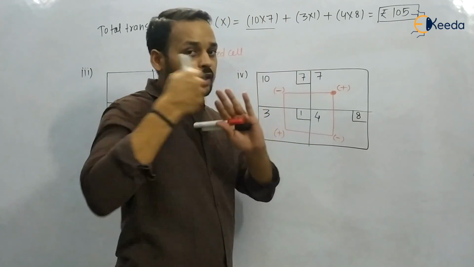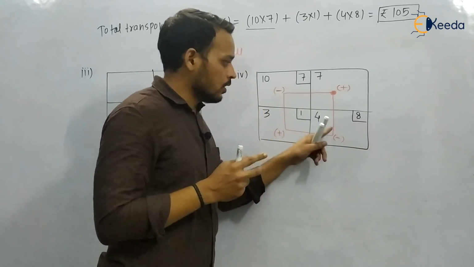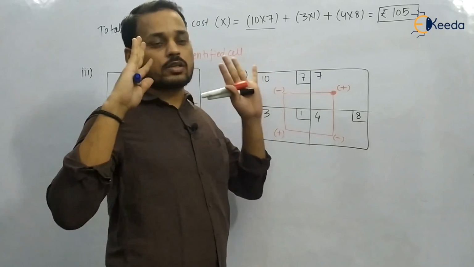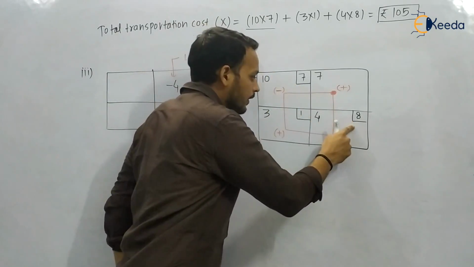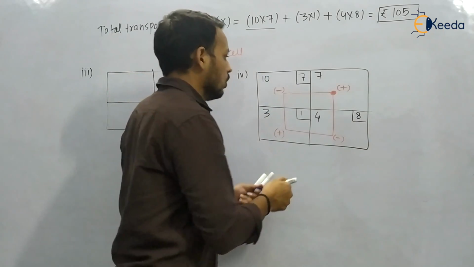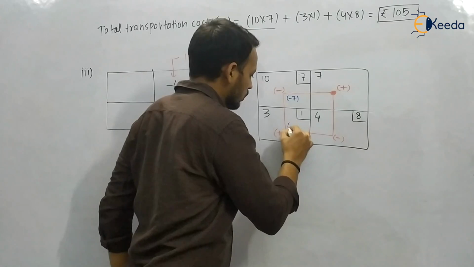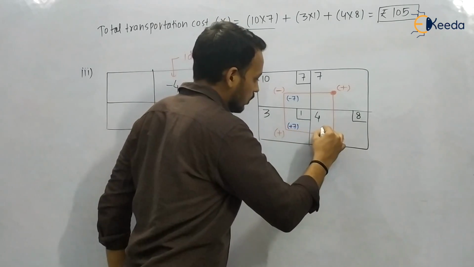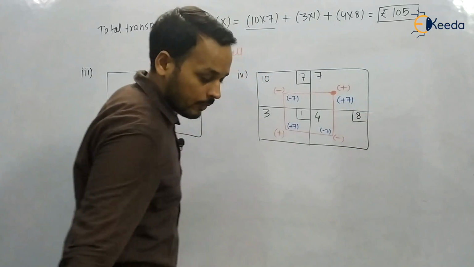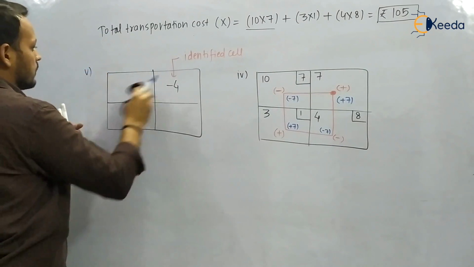So we will take the units where the negative sign is. We have got 2 negative signs. Always try to take the units where there is least allocation. Out of 7 and 8, 7 is least, so we will take from 7. So it is going to be minus 7, plus 7, minus 7, and plus 7. Now the fifth step says that